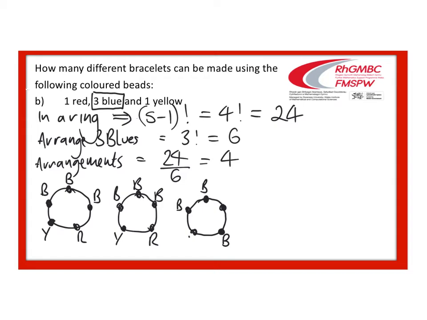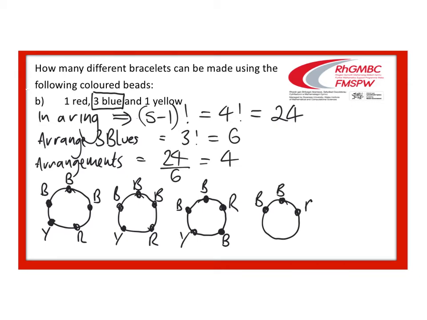It doesn't really matter. But the simple point here is that there's only 2 ways that we can write these blues. We can write them in a group of 3, or we can write them in a group of 2 and a single 1. It's the only way we can split them up. And so when I come to the remaining beads, as you're probably expecting, I get a red there and a yellow there. Or the only other way that I can do this now is by pairing the two blues together,